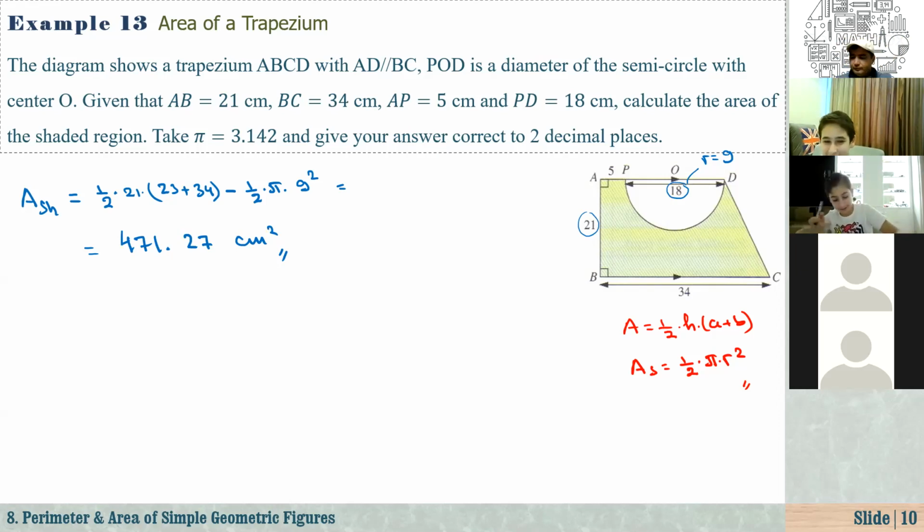Then I'm correct here. Wait, can you wait? How did I look, teacher? I did 1/2 times 21, then 23 plus 34 minus 1/2. Tariq, at the end, it should be 598.5 minus 127.251. Mr. Kasim, I wrote everything right. Look, I wrote 1/2 times 21 times 23 plus 34 minus